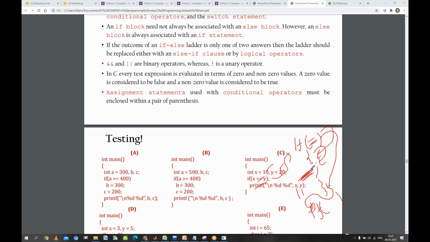Because the compiler does not find any statement, only the semicolon, the end of statement, this particular sequence point, with no statement before that. Although the compiler enters inside this, it will not execute anything, meaning there is no statement. If there is a statement, then it will execute. After this it will exit, and then again it is going to print. So again, 10 and 10 will be printed. Are you getting the idea or not? Okay, I think it's clear now.